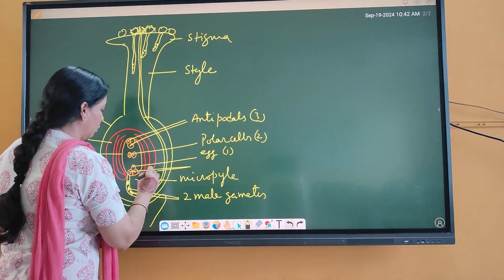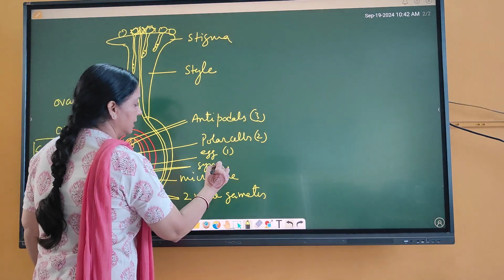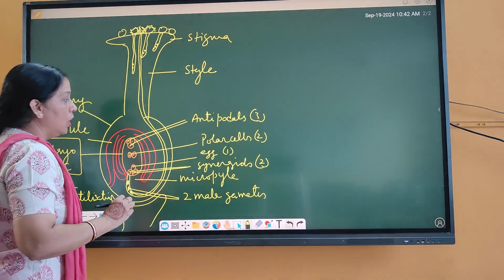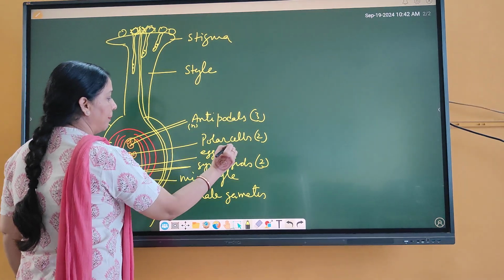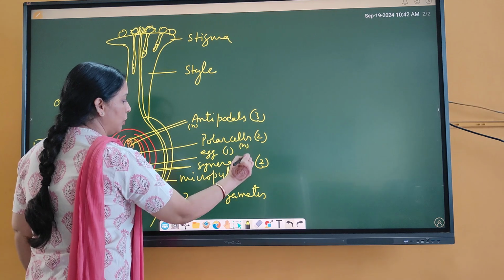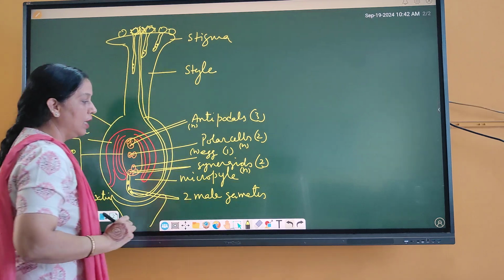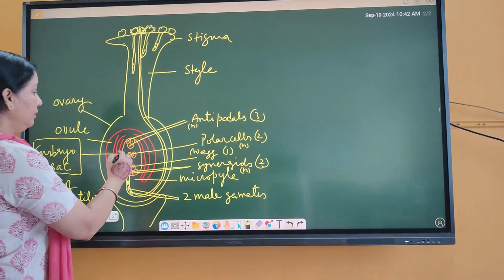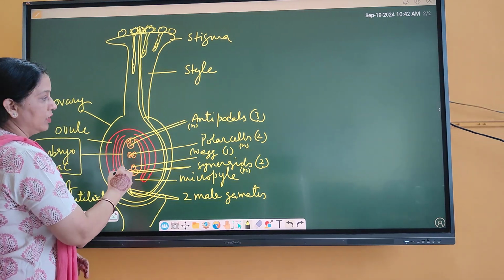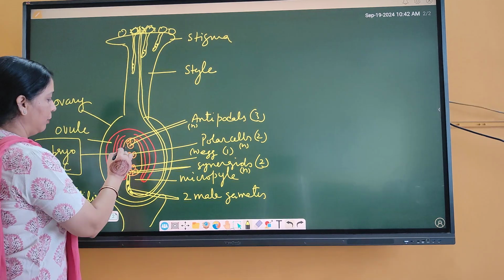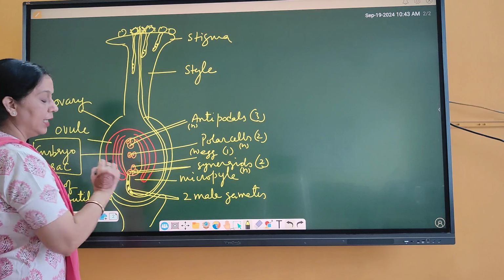And then we have 2 cells below the egg, the synergids. These are also 2 in number. All these cells are haploid. Each polar cell is haploid, the egg cell is haploid, the synergids are also haploid, right? So this is the 8-celled embryo sac which consists of 3 antipodals, 2 polar cells, 1 egg cell and 2